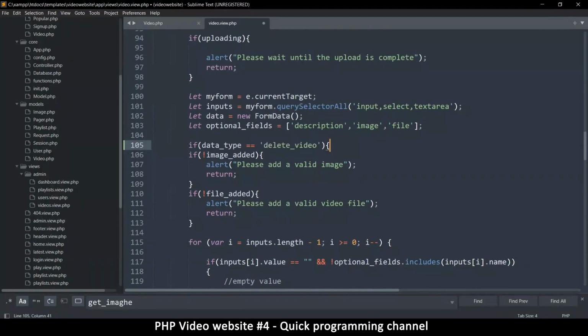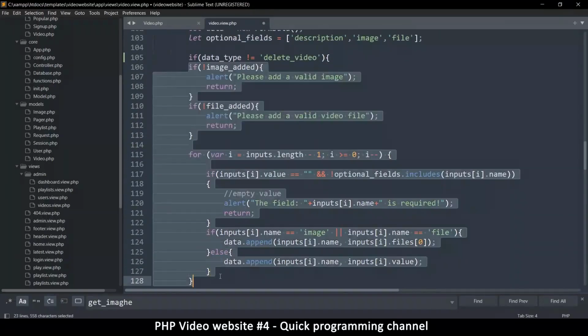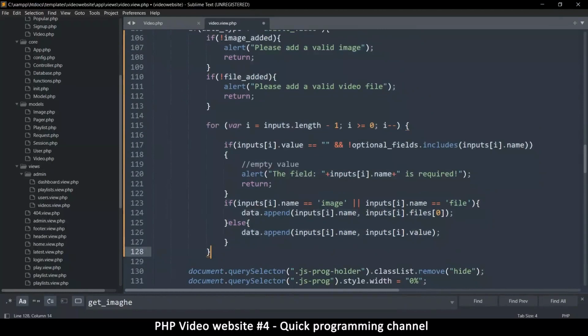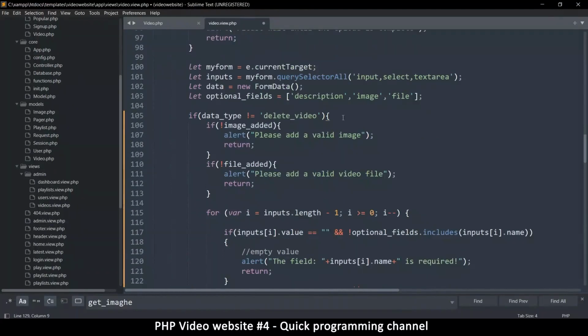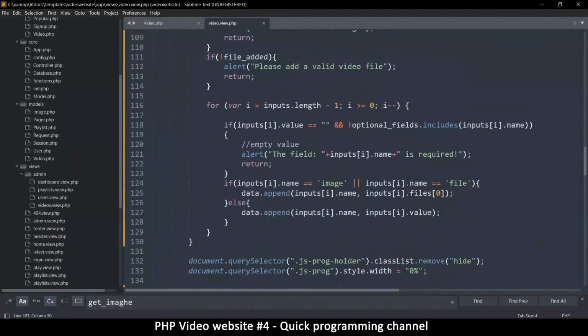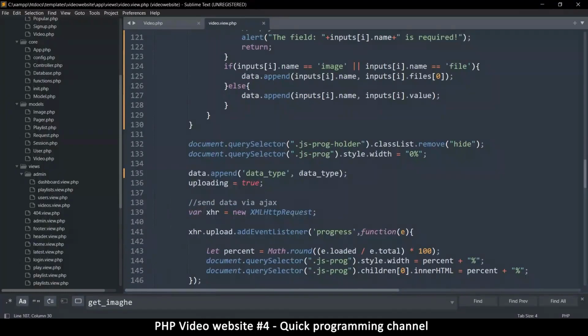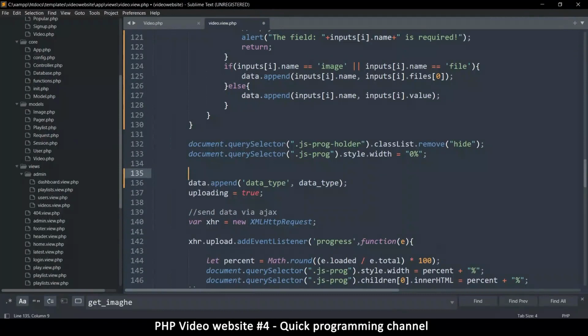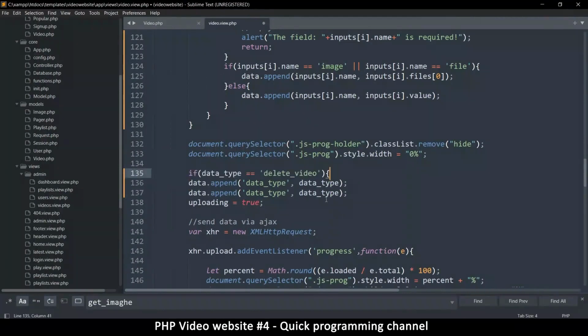So say, if data type is not equal to delete video, right? This is the only time we should do this. So I'm gonna do this. So if it's not delete, let's do this, right? And then we will have our data type quite all right. But then if, let's put one more thing here. If data type is not,